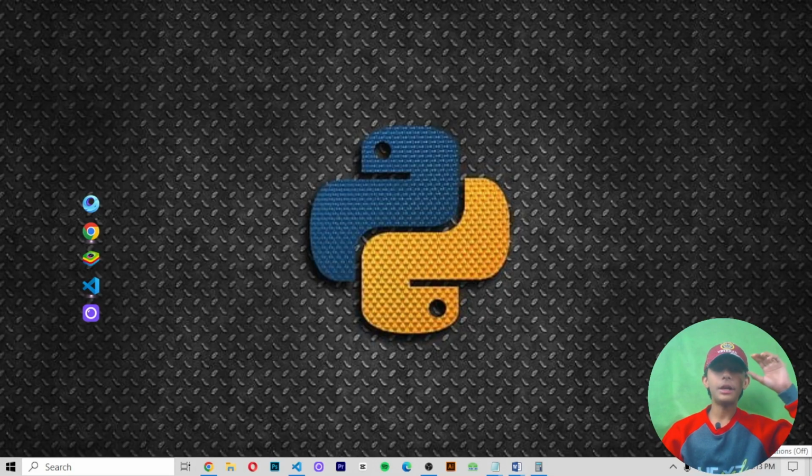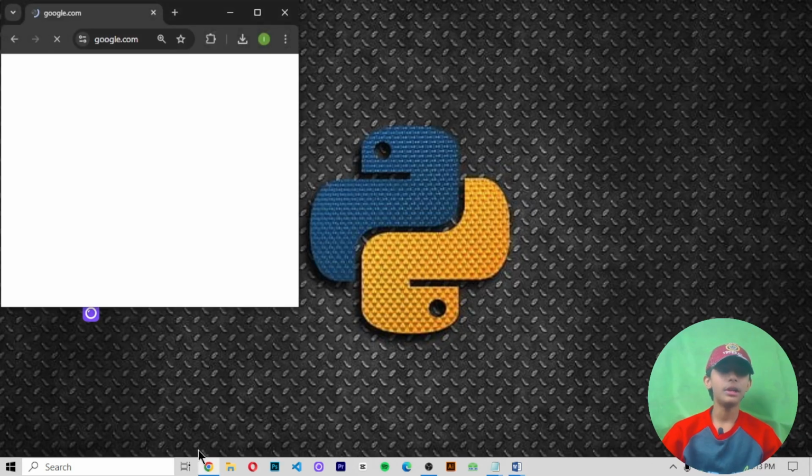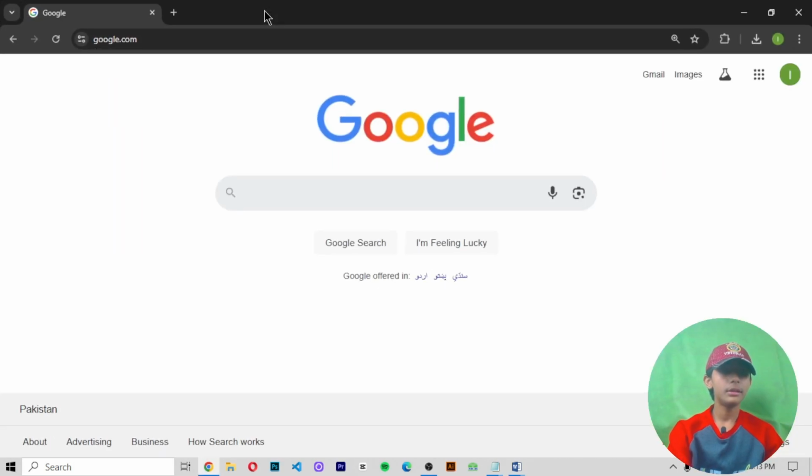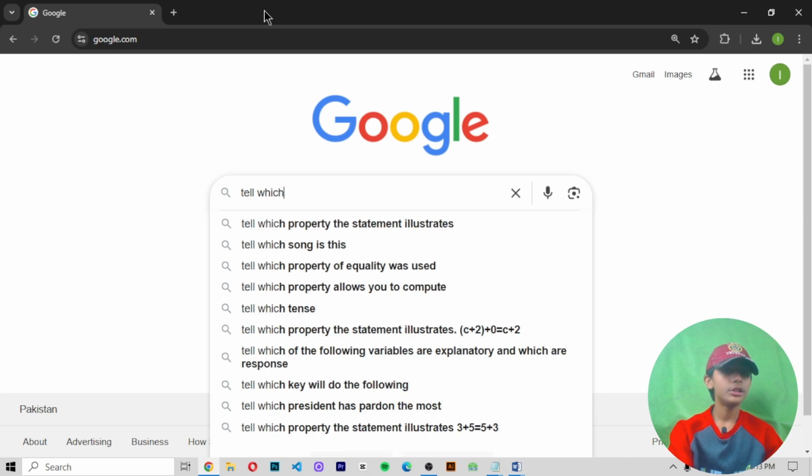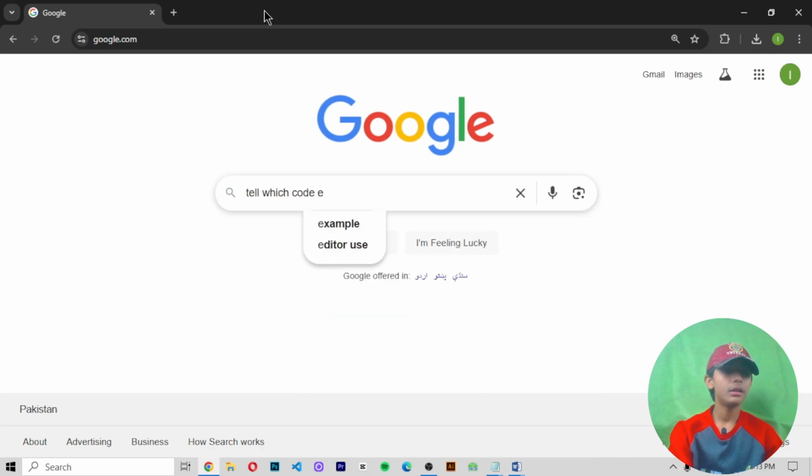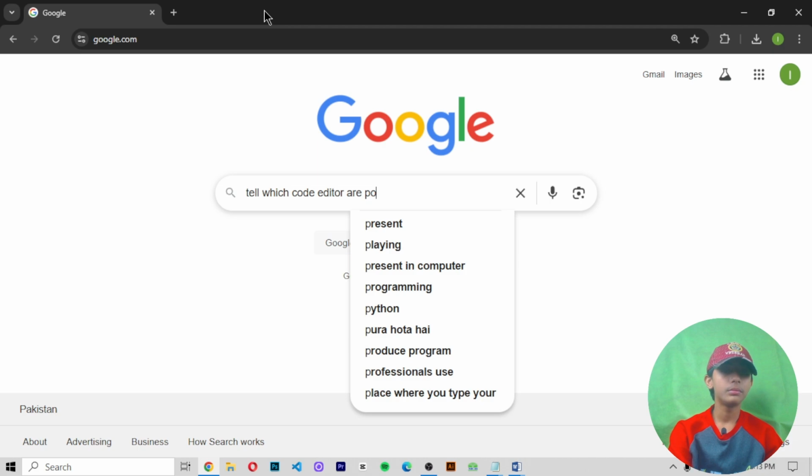Let's create our chatbot in HTML, CSS, and JavaScript and a little bit of Python. So first of all, we do an environment setup, and environment setup means we install all the things which we need. First of all, you must install a text editor to write code in. I hope there are three code editors that are very popular. If you ask Google which code editors are popular.